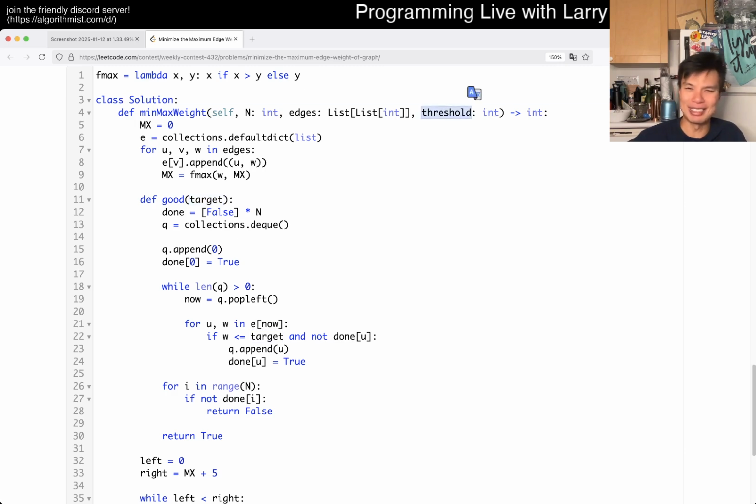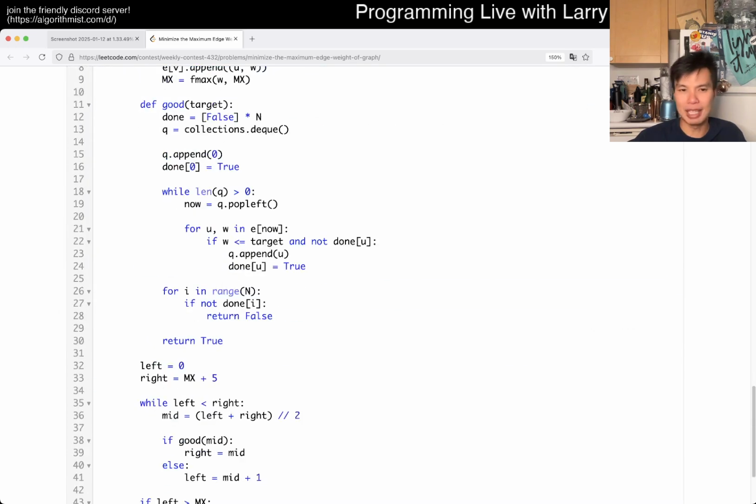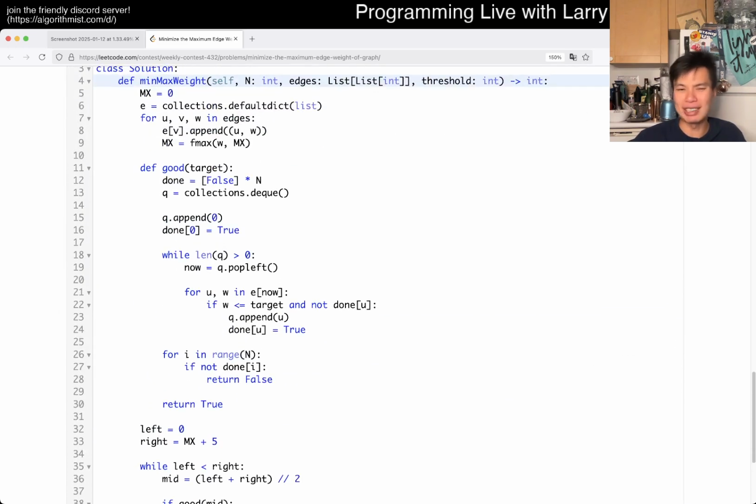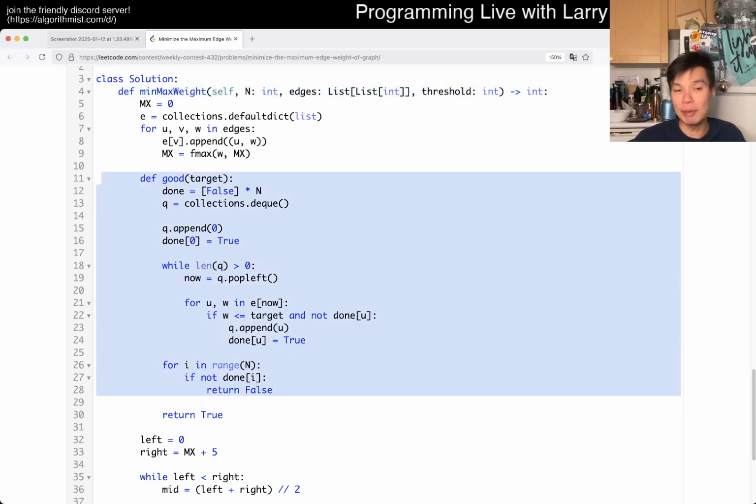I say threshold, but I guess this is a number. Again, we can ignore this, because at most, I guess if threshold could be 0, then that would be not good. But because it's at most, at least one is good enough for every answer, and we can ignore it. And that's it. This is a regular breadth first search, so this is going to be linear in the